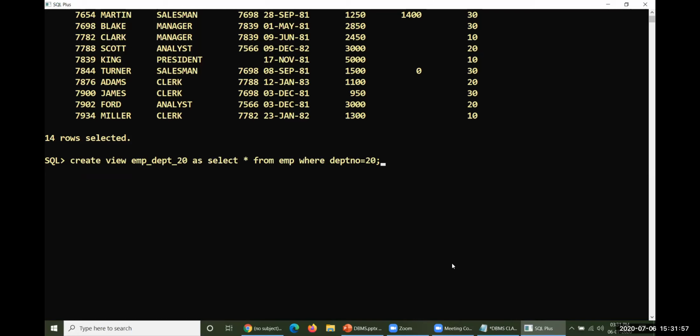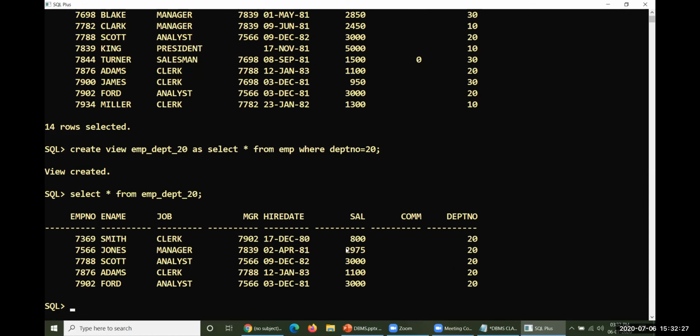I would like to store this particular data permanently. It is AS, not IS. So here you have created one particular view, and that view pertains only to 20th department information. Look at this. The remaining navigation is the same: select everything from, previously EMP was used, right now EMP_DEPT_20, which is my actual view name.